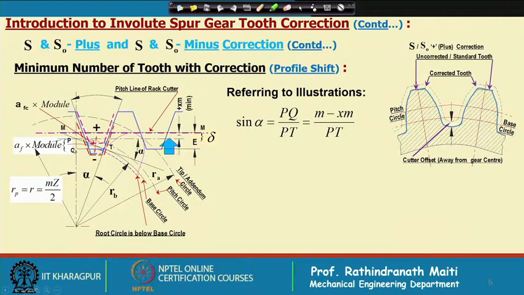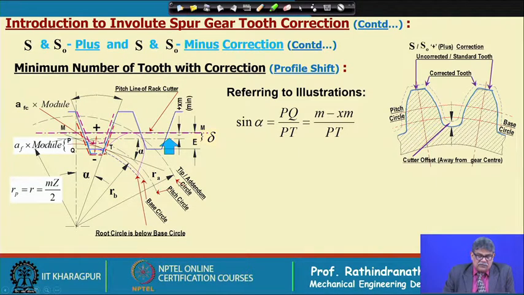Now, we are considering this point of tangency with the cutter's one module height teeth. We are not considering the additional clearance amount. So, for that this amount must be m minus x m, because we have shifted by x m, and after that this height up to this blue line